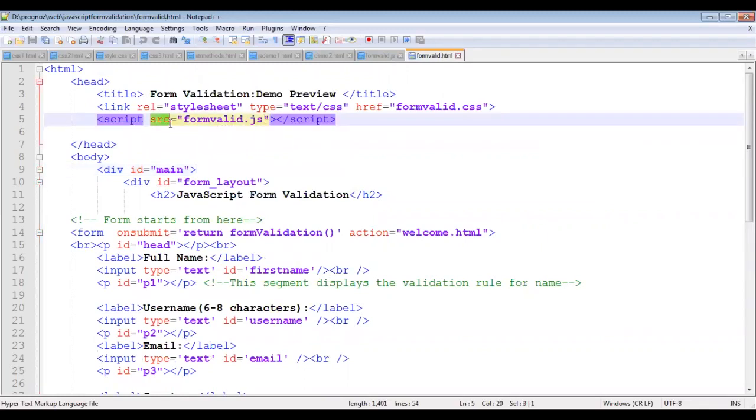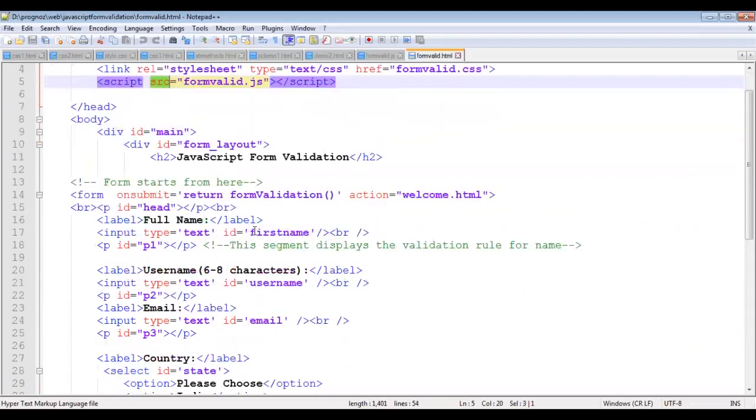So src will specify the source file. And then for calling the function, I'm using the event on submit. You can see the event is onsubmit equal to return form validation. So on click of the submit button of the form, this function will be invoked.